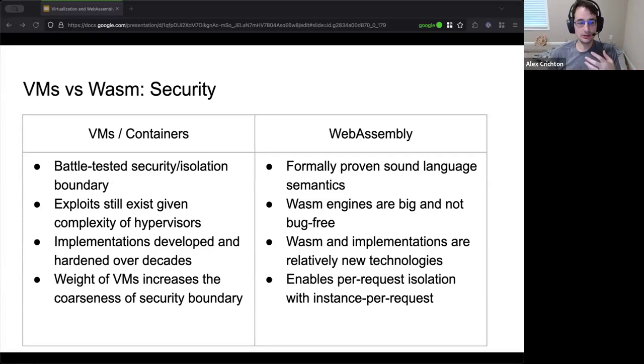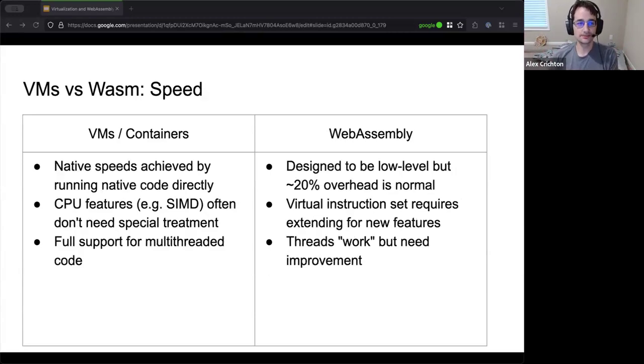Whereas with WebAssembly, the performance profile effectively unlocks a brand new paradigm. You couldn't even do this before with virtual machines because it'd be way too slow, at least in theory. You could have a WebAssembly instance run for every single HTTP request that you receive. So every single request you get to your backend is a brand new instance, pristine, zero leakage, and you have an extra security layer that way, because by construction, you're destroying the entire sandbox and bringing it back up on every single request. I'll go a little bit more into the performance aspects later, but that's the idea of what WebAssembly can unlock.